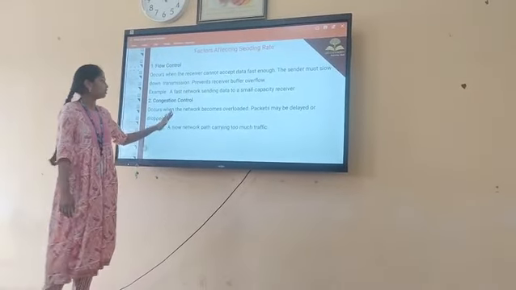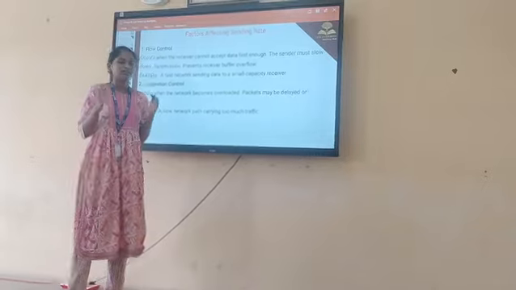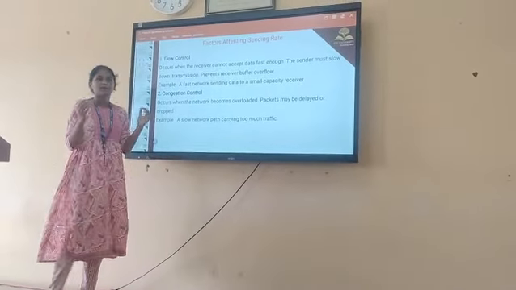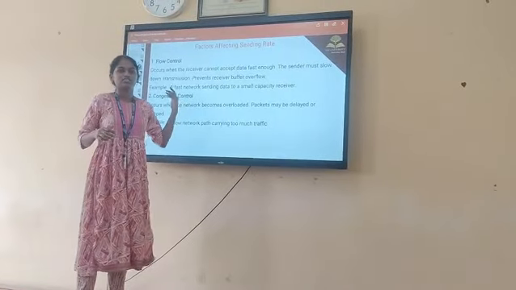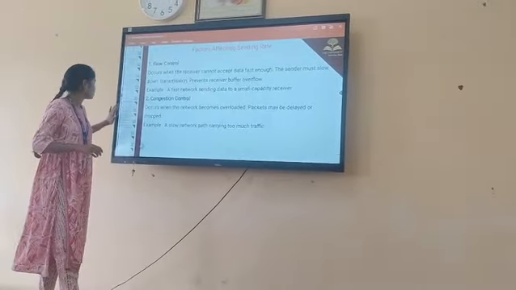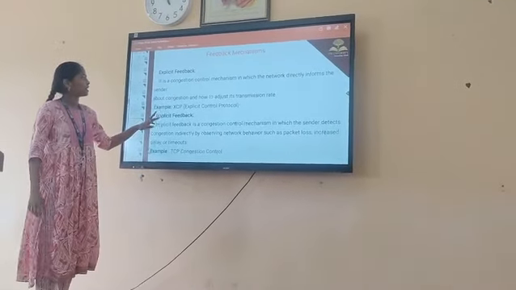And congestion control. When the network becomes overloaded, the packets may be delayed or dropped. So the congestion control reacts immediately, and there is also a feedback mechanism which is having a